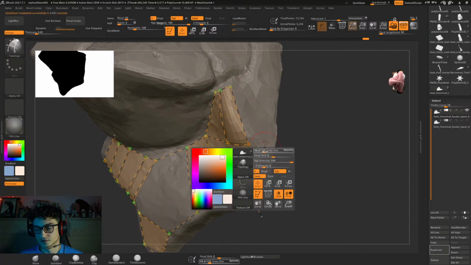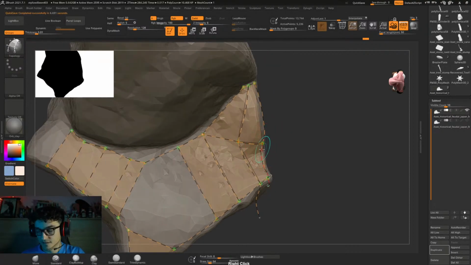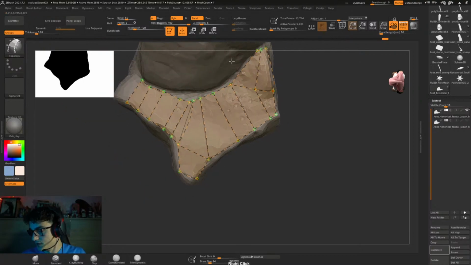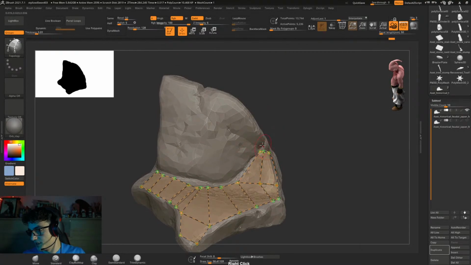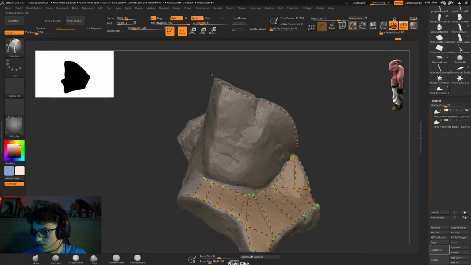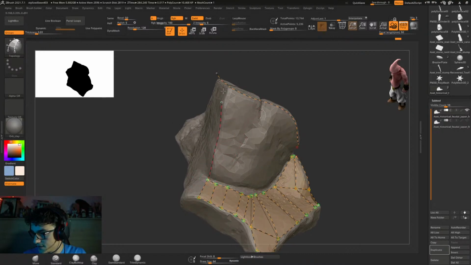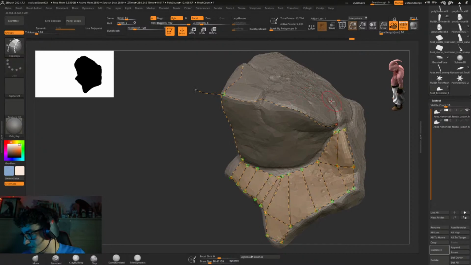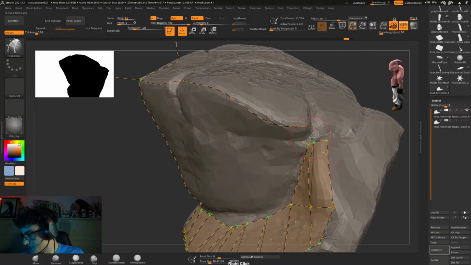Oof, to autosave. Yeah. So this is one method. The topology brush is just one of like 5 methods I know how to do retopology. And this is just one way, and I could just as easily just go in, draw the whole thing, go in like this, draw the whole thing. Whoops, let me try to be precise here. Draw the whole thing, and as you can see, it's very artist friendly in the sense that it allows you